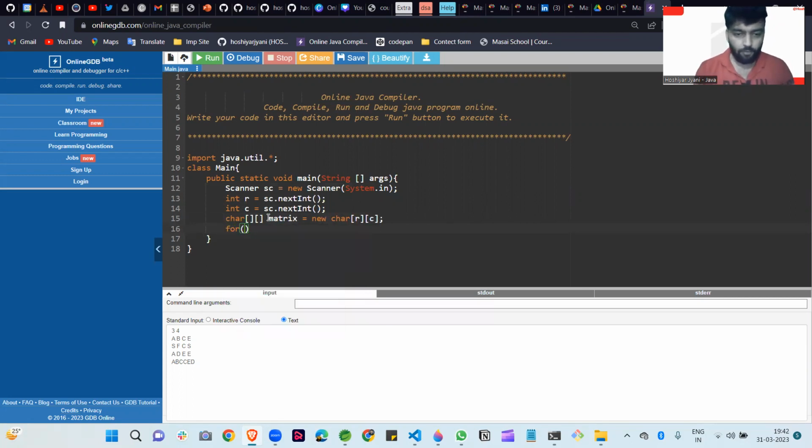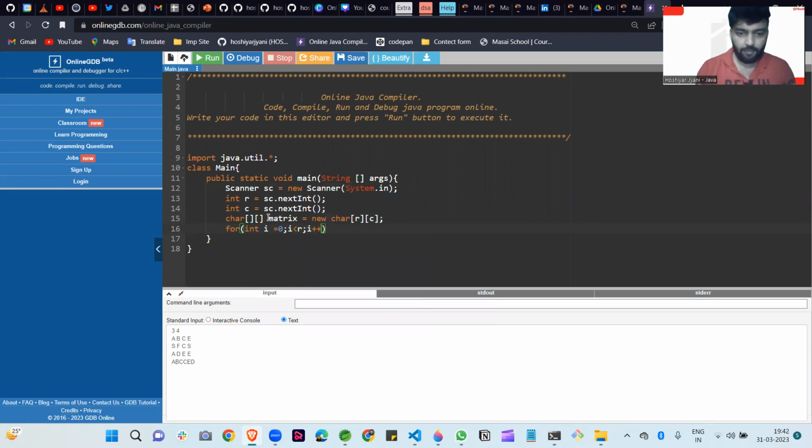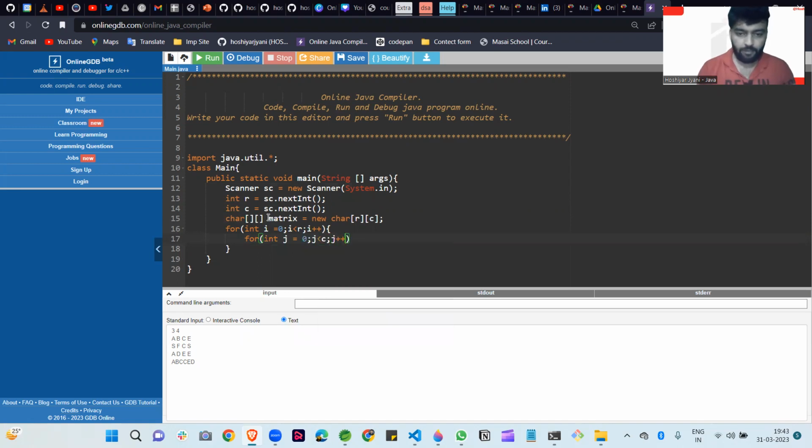So I create a for loop for the row, int i is equal to 0, i is less than row, and i increment. After that, the second for loop to iterate in the columns. Int j is equal to 0, j is less than column, and j increment. So this is also done.